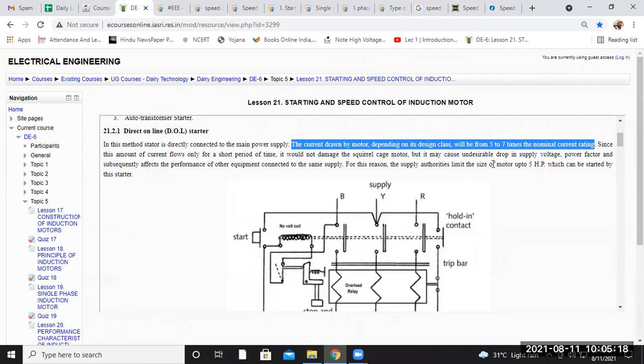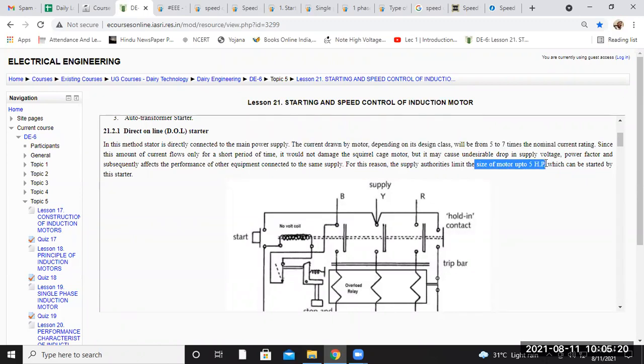Now, here you can see the size of the motor is 5 horsepower. In general practical situations we normally use horsepower, but in the theoretical concept it can be written as kilowatt, because the power factor of the load connected to the induction machine is dependent on the loss of the machine. That's why it is given in kilowatt.